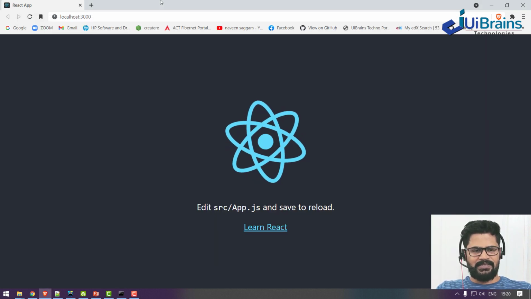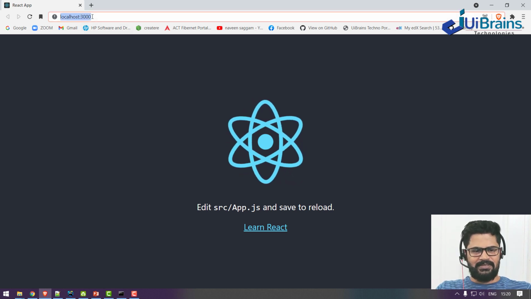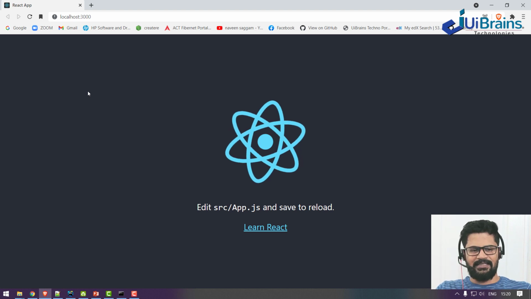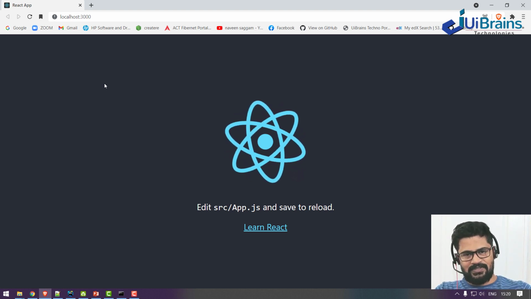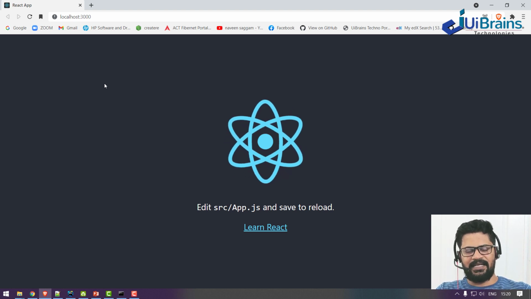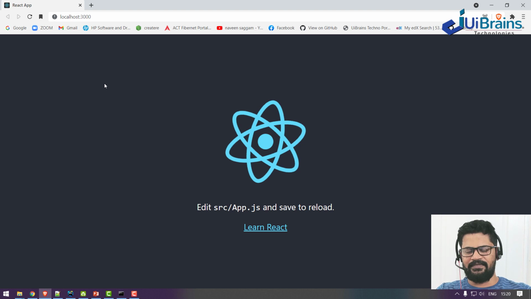See, this is the application. It opens the browser automatically, enters the URL also, and runs your application as well. So this is the very basic React.js project that has been created by the React people themselves.